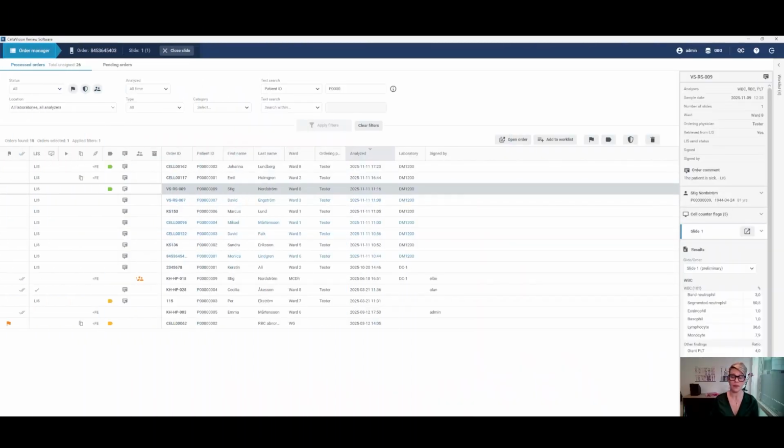When you log in to your CellaVision Review software, you will appear in the Order Manager. Here is where all your processed slides will end up once they are analyzed. And we have made the user interface more modern and more user-friendly for you. We have improved the way you can sort and filter your slides. By default, it's unassigned in the last 7 days, but that can be changed. And we have also introduced an easier way to sort out slides analyzed on a specific analyzer or from a